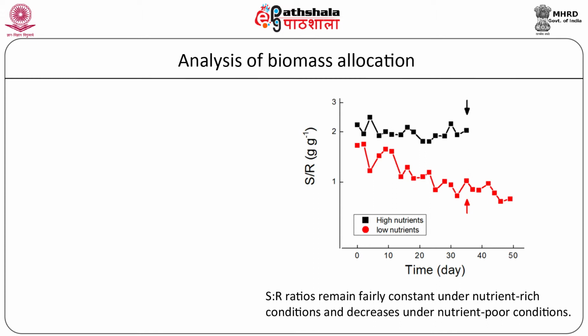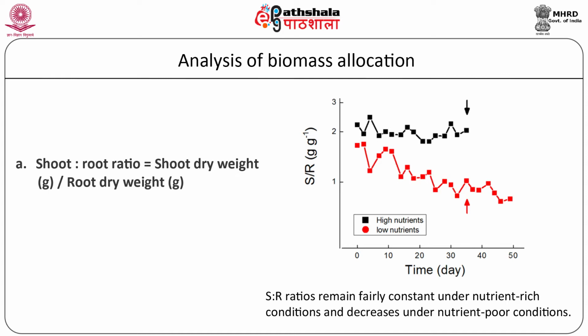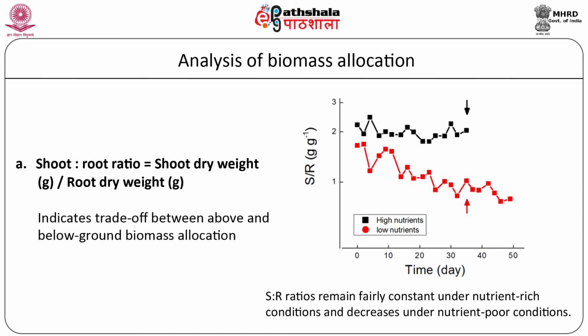In the first method, allocation is expressed in terms of root and shoot ratio. The ratio is a descriptor of the above versus below ground balance of biomass and is thus indicative of plant responses to growing conditions. The root and shoot ratio thus indicates the trade-off between above and below ground biomass and changes under different environmental conditions like nutrient deprivation. In herbaceous plants, root and shoot ratios typically increase with age and size due to continuous investment of fixed carbon